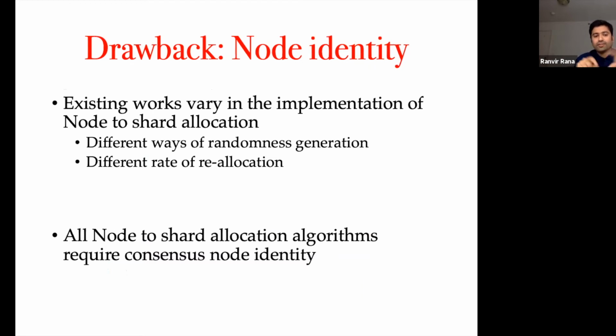which takes a global pool. In order to get that global pool, you need to know what the consensus nodes participating in the complete system are, and because of that, we say that the identity of consensus nodes leaks into the system before they participate in any consensus decision. So if you take, for example, Bitcoin, you don't know who the proof of work miners are before they mine a block. So the identity is not revealed before the mine. And we believe this is an important property which is not seen in these committee and node-to-shard allocation based sharding algorithms.